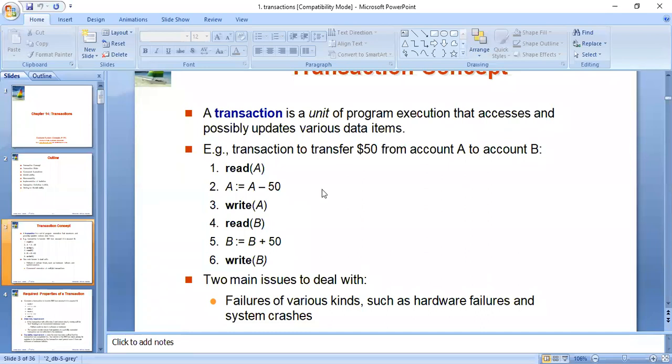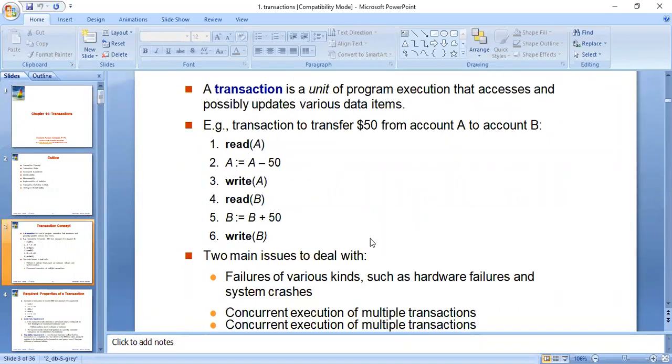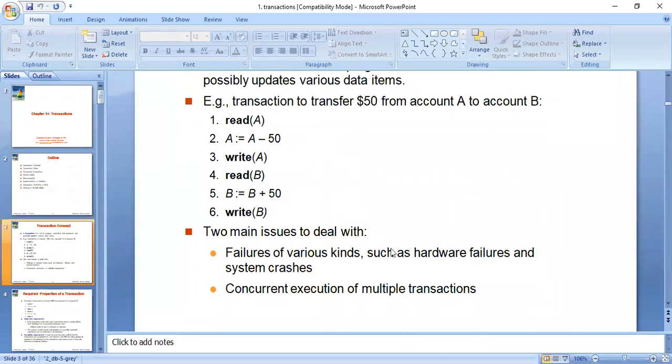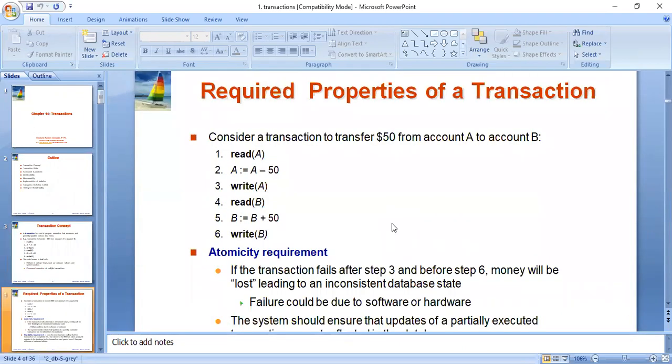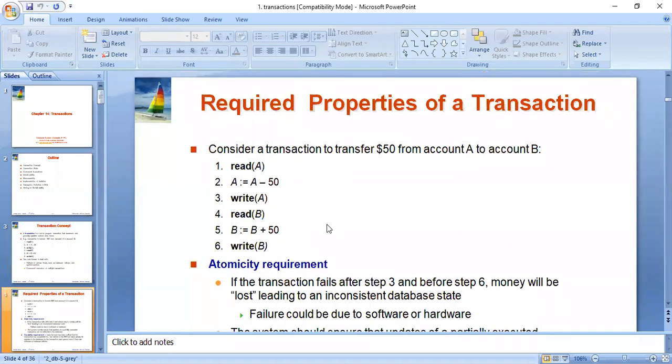So to overcome these kinds of situations, a transaction needs to have some requirements. To complete a transaction successfully, a transaction requires 4 properties. These are the required properties of a transaction. First one is the atomicity requirement. Atomicity requirement means that